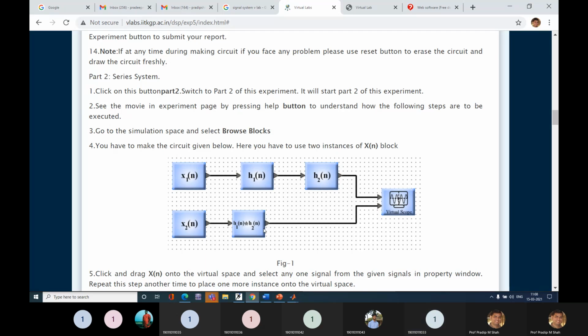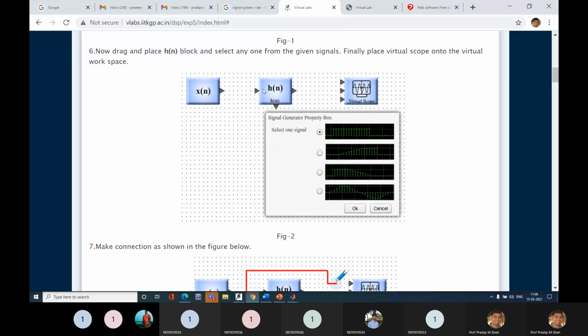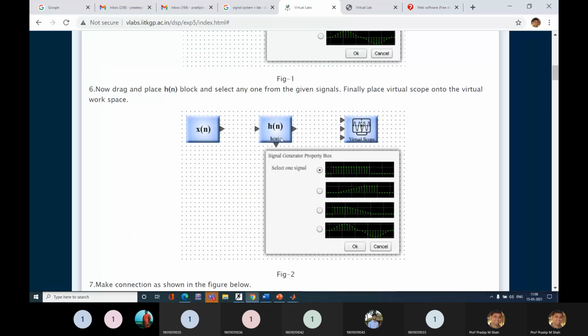That means that you are not understanding the first part properly. Okay, let me explain again. To find the response of the system, the system is defined with an h of n.